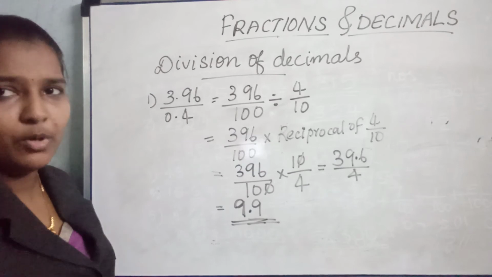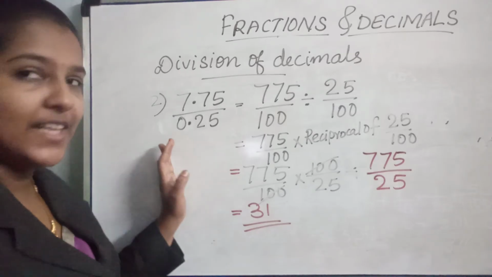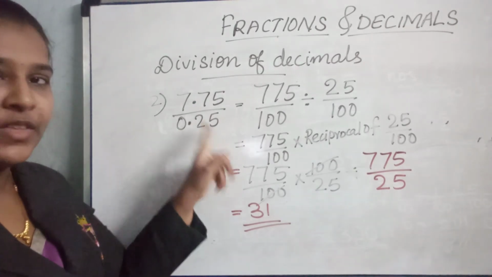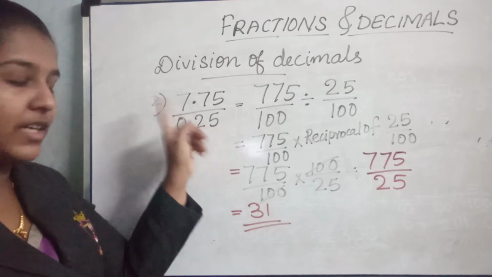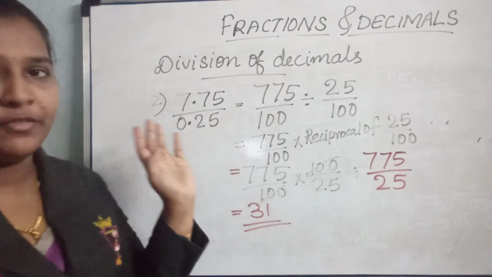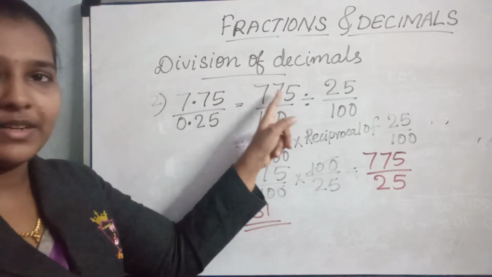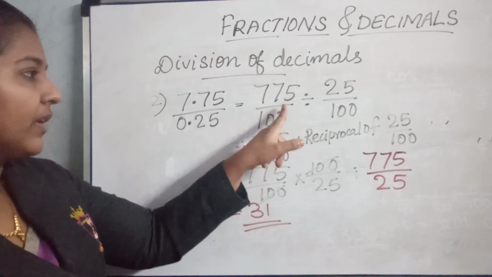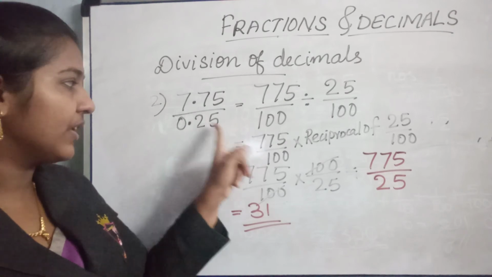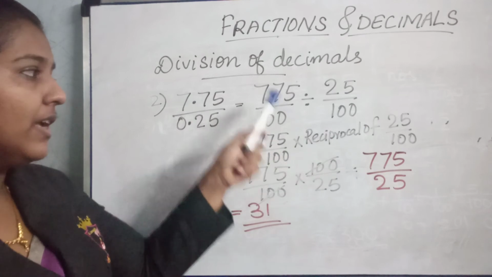Let's discuss one more question. Children, here is another example question. The question is 7.75 by 0.25. So first you convert these decimals to fraction and then you can divide those fractions together. Okay. So 7.75 is equal to 775 by 100 divided by 0.25, we can write as 25 by 100. Okay. So we can write it like this, and after that